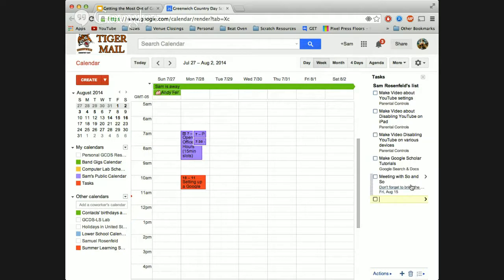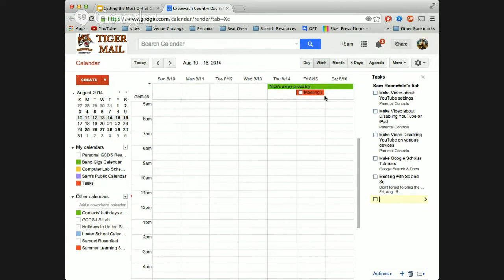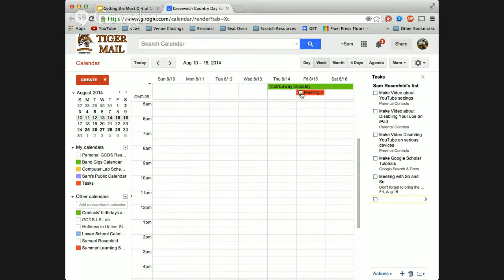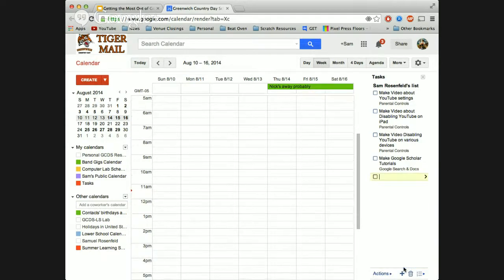Okay, so now it's added to my tasks. But it's also going to appear on my calendar here, and it says meeting with so-and-so. Don't forget to bring the form to the meeting. And when I've completed that task, I can check that box, right? And you can see it gets a line through it here, a strike through, and a strike through here, and I get a check mark. And I can just go to Actions, Clear Completed Tasks,